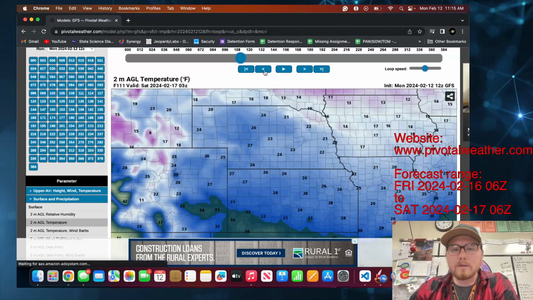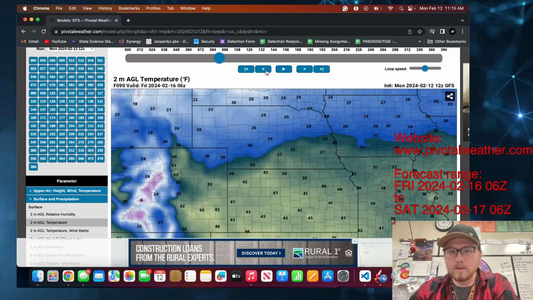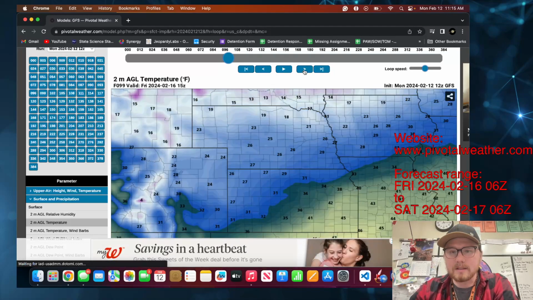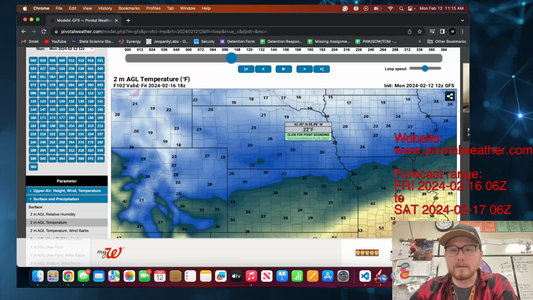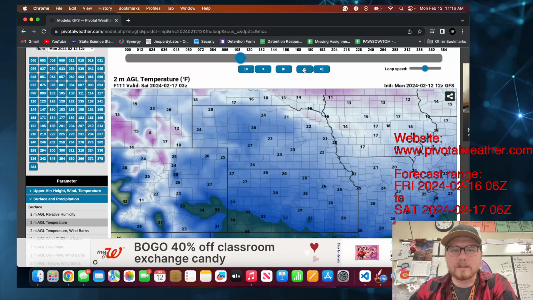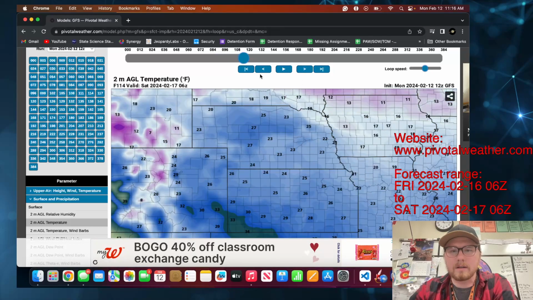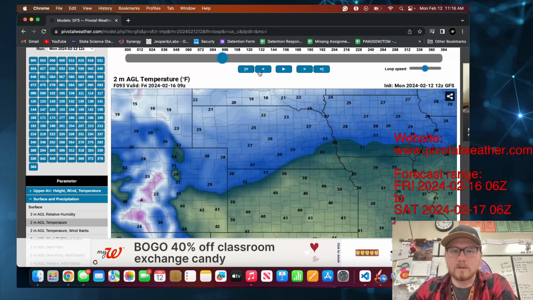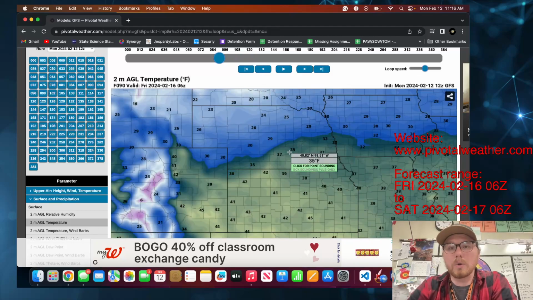You're going to move through all of these slides and find the highest temperature you see and the lowest temperature you see for our area. And so you just scroll through these until you get to Saturday 06Z. You're going to record your highest temperature you see and the lowest temperature you see in